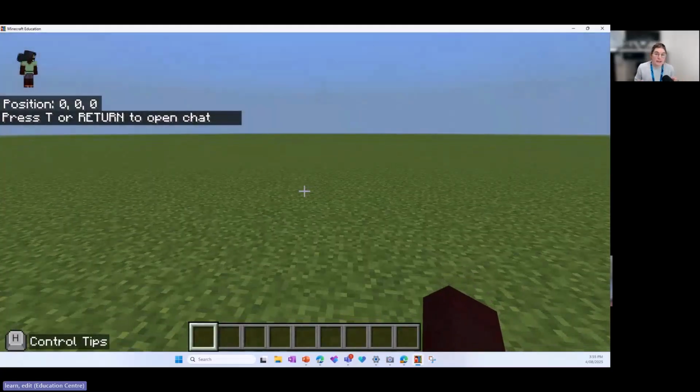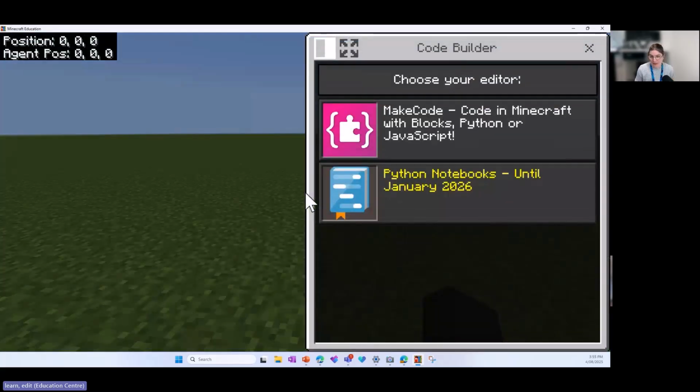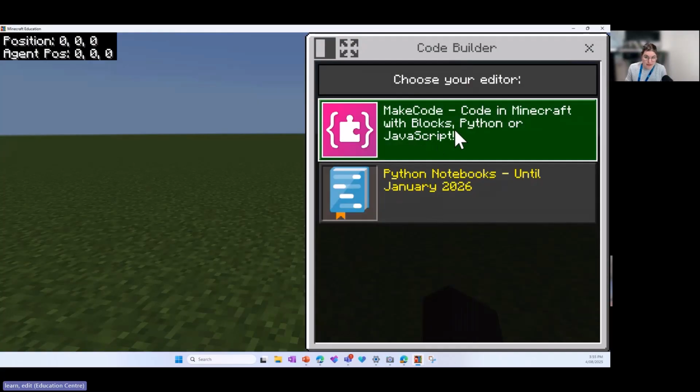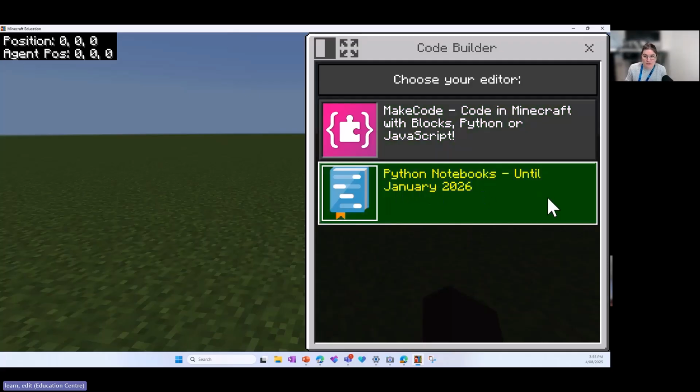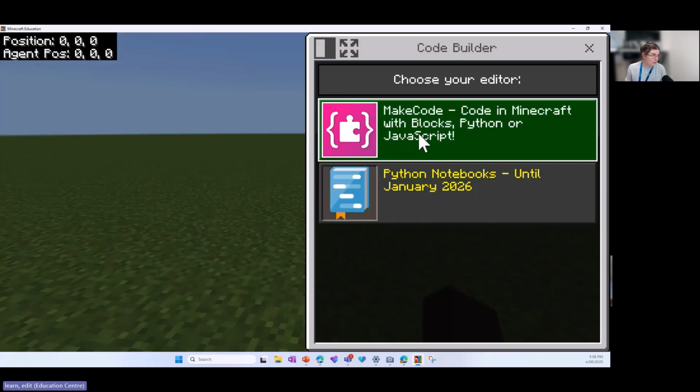Okay, so in the Hour of Code tutorial, it told us what to do, but we can code outside of those tutorials. And the way we do it is we click or tap C on our keyboard. I'm just going to bring up, we want to select this Make Code. Now you'll note here it says Python notebooks until January 2026. So Minecraft has just had an update. There used to be Tinker as well, but they're moving everything towards Make Code. So if we click on Make Code,